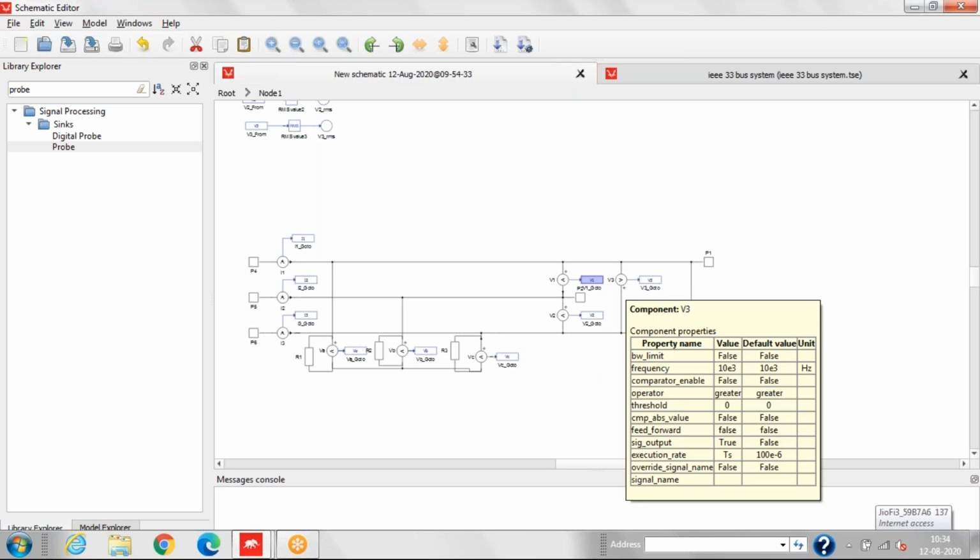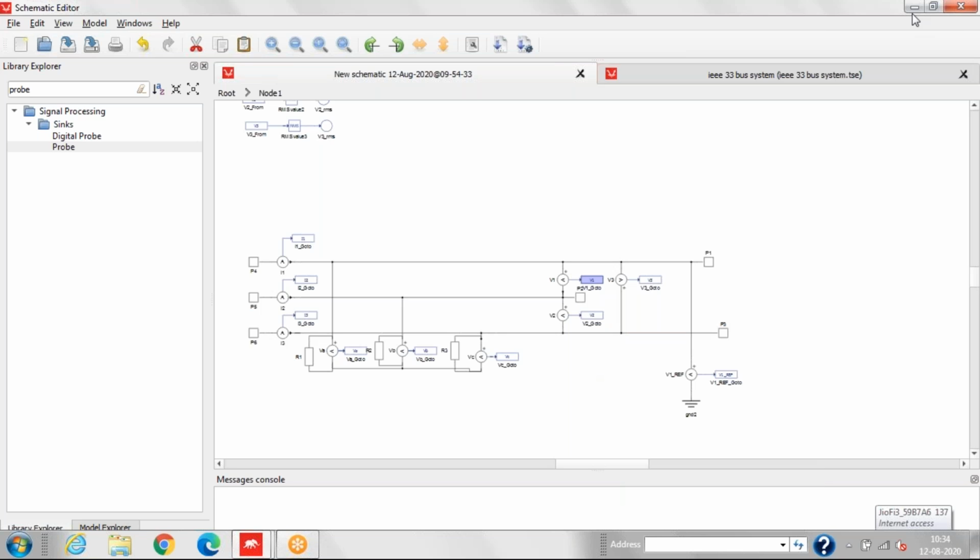So like this, we have done the RMS calculation of the line voltage.